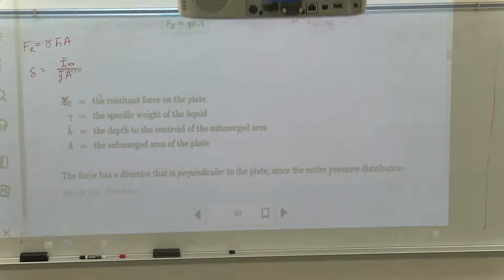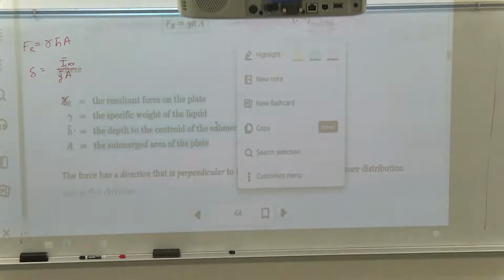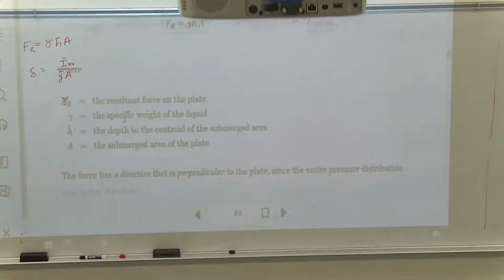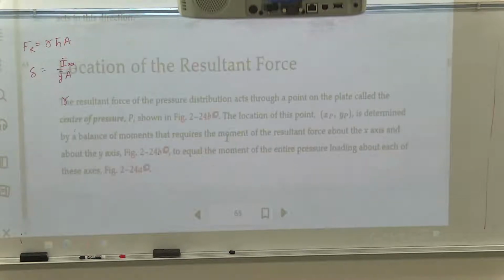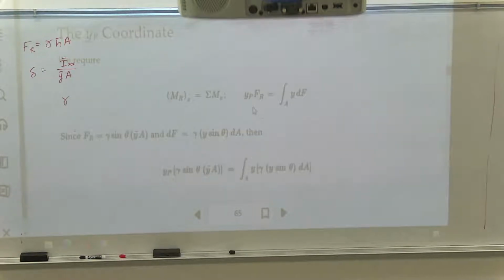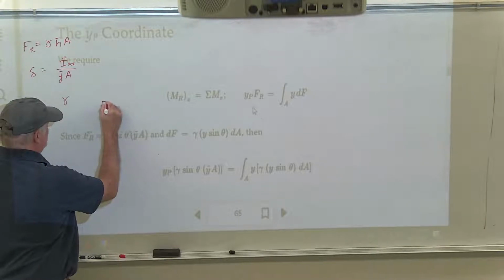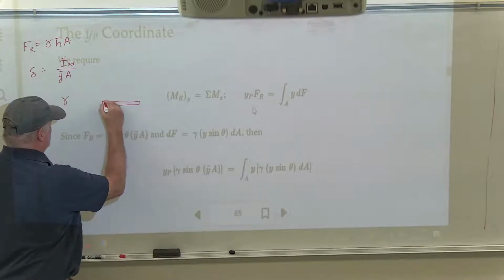So the resultant force on the gate or plate or whatever: the specific weight of the liquid, the depth to the centroid, and then the submerged area of the plate. Then he talks about the location, and when you're trying to find the location of something, what you're generally doing is, like you did in statics, you took a triangular load,